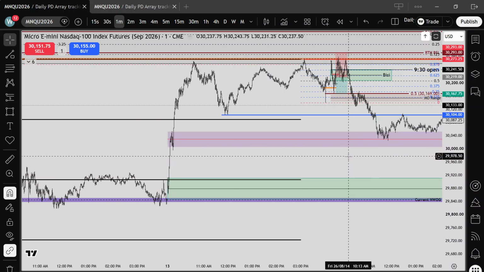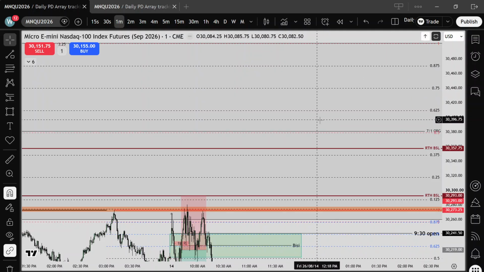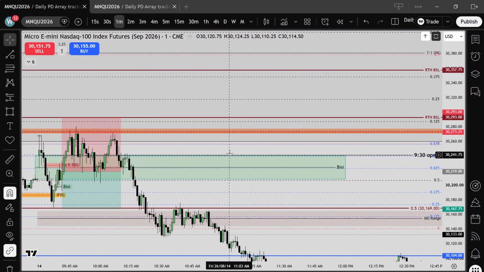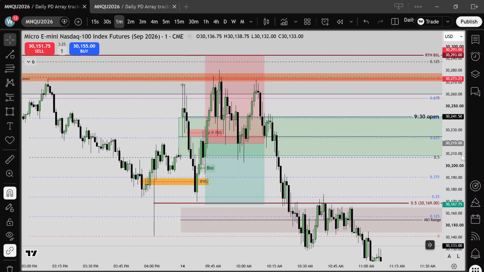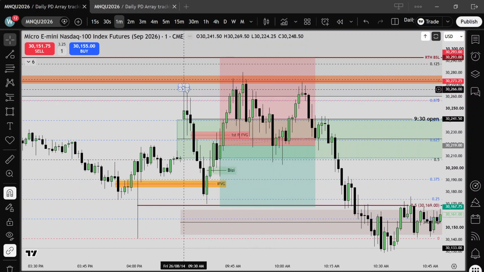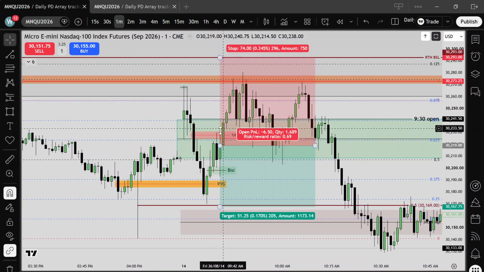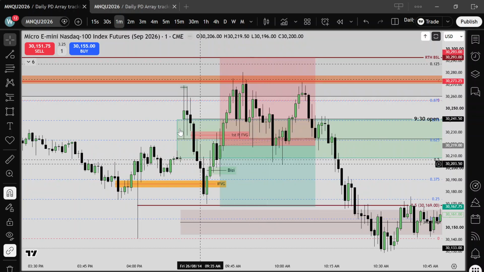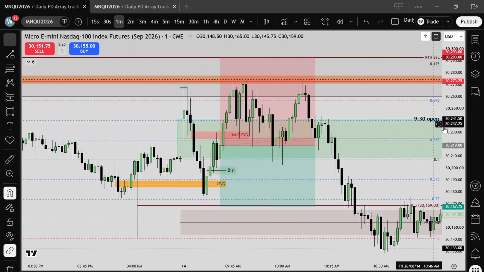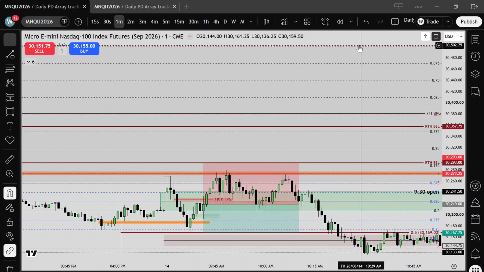So that's what I was saying, taking that long is not bad if you had a little bit of a different view on it and didn't get lost in the sauce. Taking that long to take this out, beautiful trade. You just have to understand that that's probably as high as it's going. So taking this long to run up to buy side that's up here,